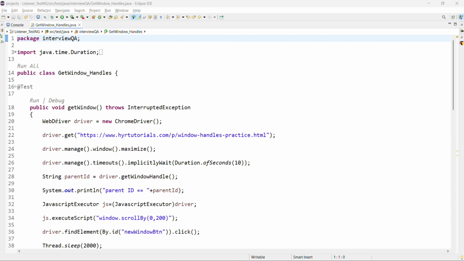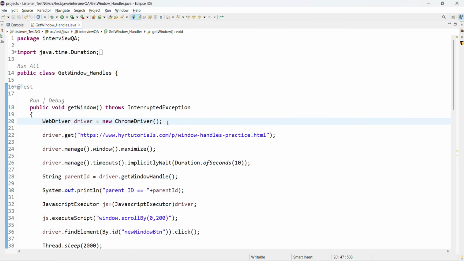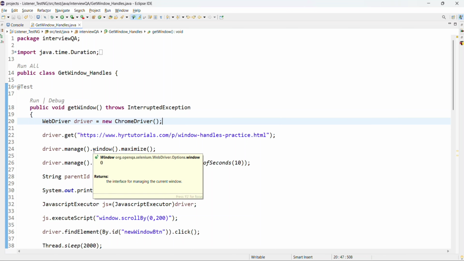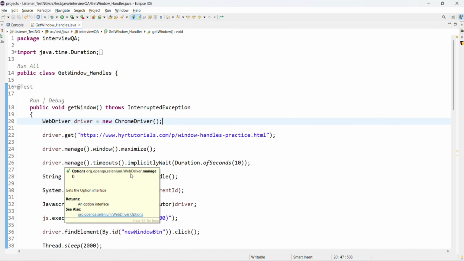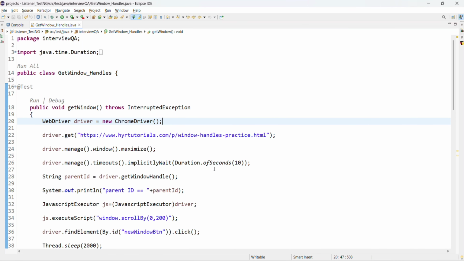So first we are initializing the web driver, that is WebDriver driver equal to new ChromeDriver, and we are using TestNG, so at the rate Test annotation we are using. Then driver.get, we are giving the URL, and then we are maximizing the window, that is driver.manage().window().maximize(). Then we are using an implicit wait of 10 seconds, that is driver.manage().timeouts().implicitlyWait(Duration.ofSeconds(10)). Then we are using